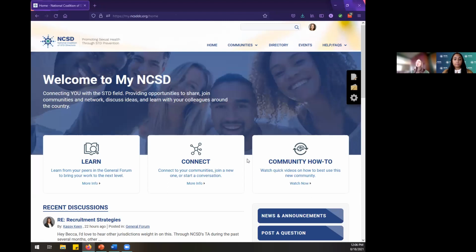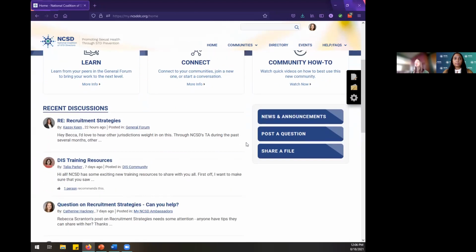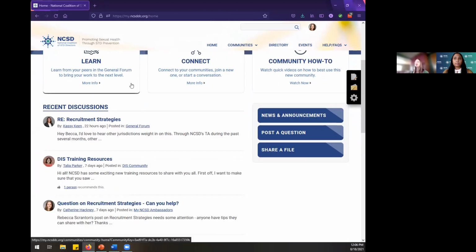So perfect. So for the home page, this is definitely kind of a summary of everything that's in the website that you can get access to, and we'll kind of walk through the navigation in just a moment. But as we're scrolling down, we have some quick links to accessing that general forum. Like Aman mentioned, all members have access to that immediately. You likely are already seeing Daily Digest emails from that discussion. If you are receiving that, that's perfect. You certainly can click through those and read further discussions and see what else is going on in the forum. But definitely do let us know if you have any issues with receiving your emails, or you don't think you're receiving the Daily Digest emails from the general forum yet, so that we can get that correctly set up for you.